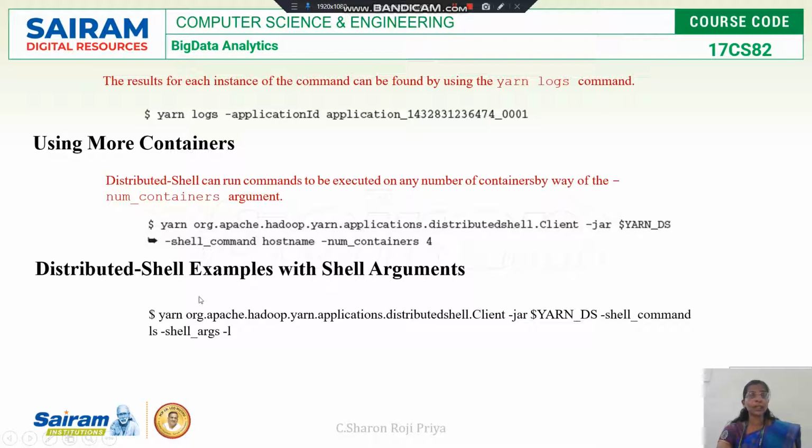And in distributed shell, I can use new arguments with the -shell_args option. Using this option, I can specify new arguments. So this is all about Hadoop YARN applications. Thank you.